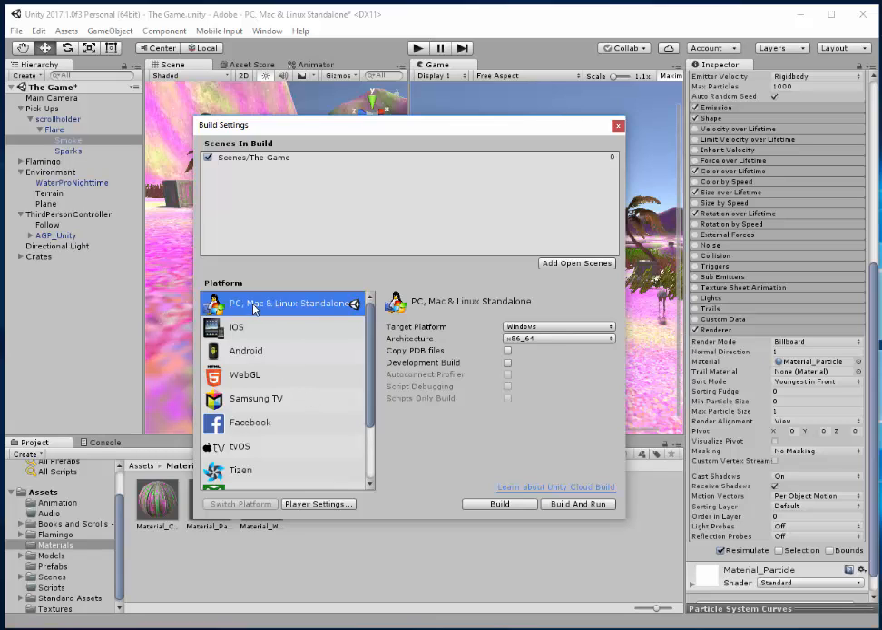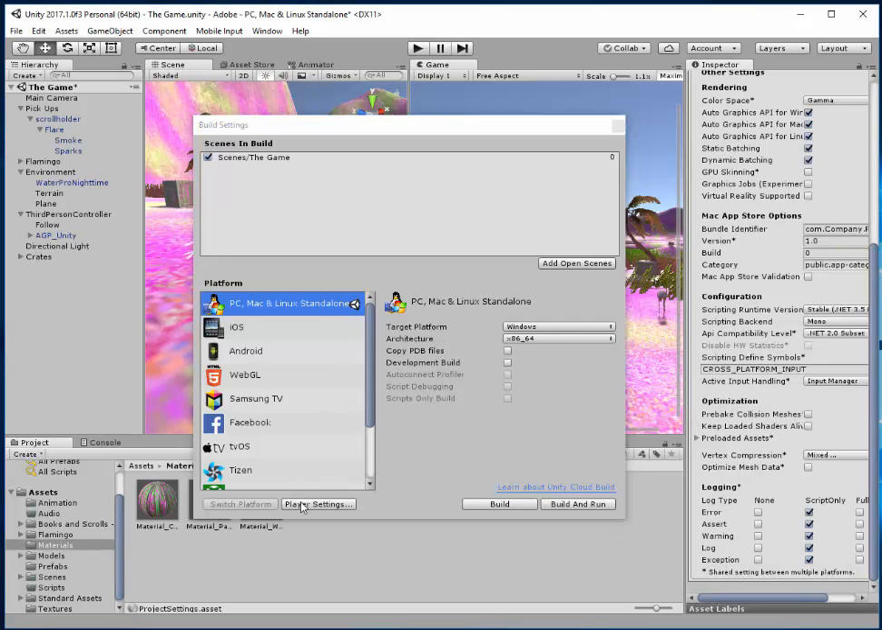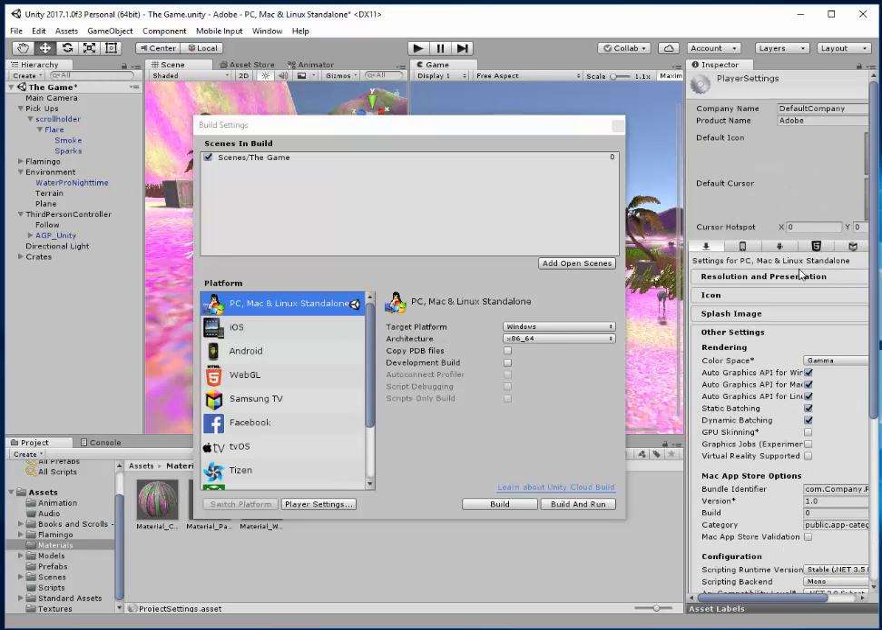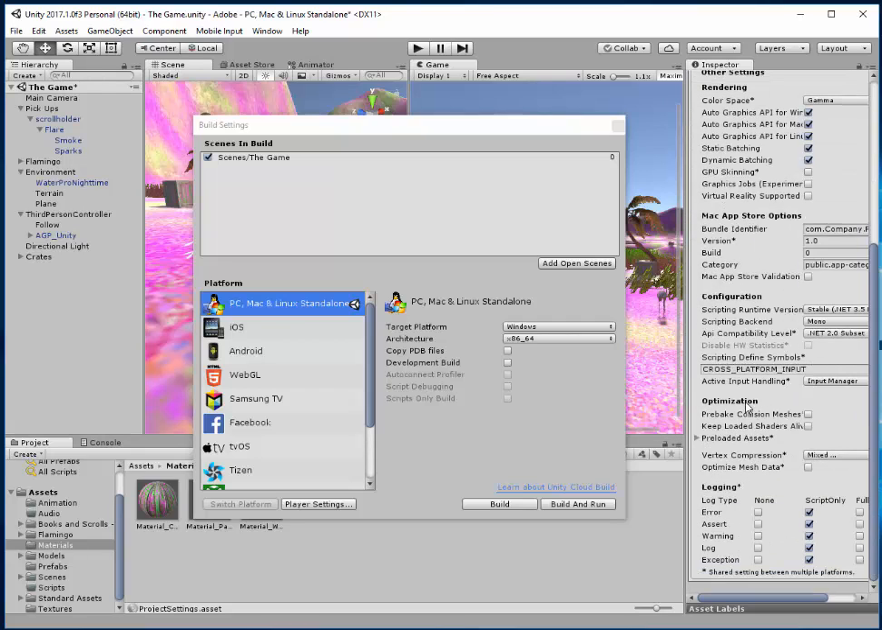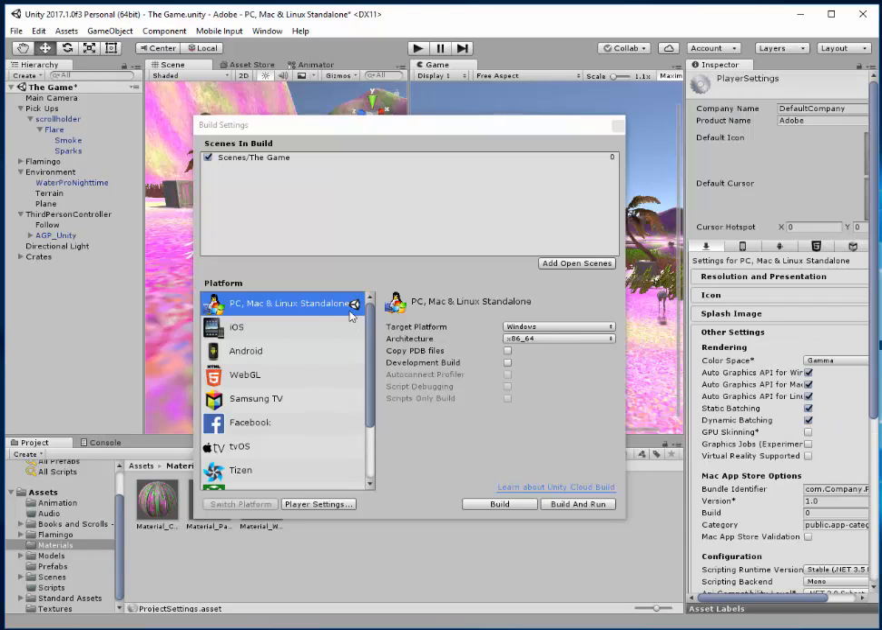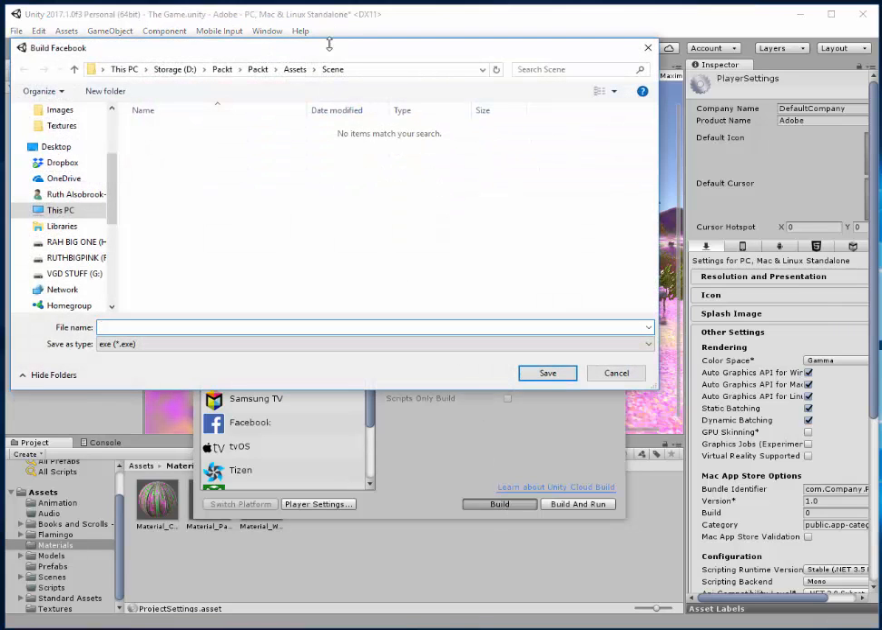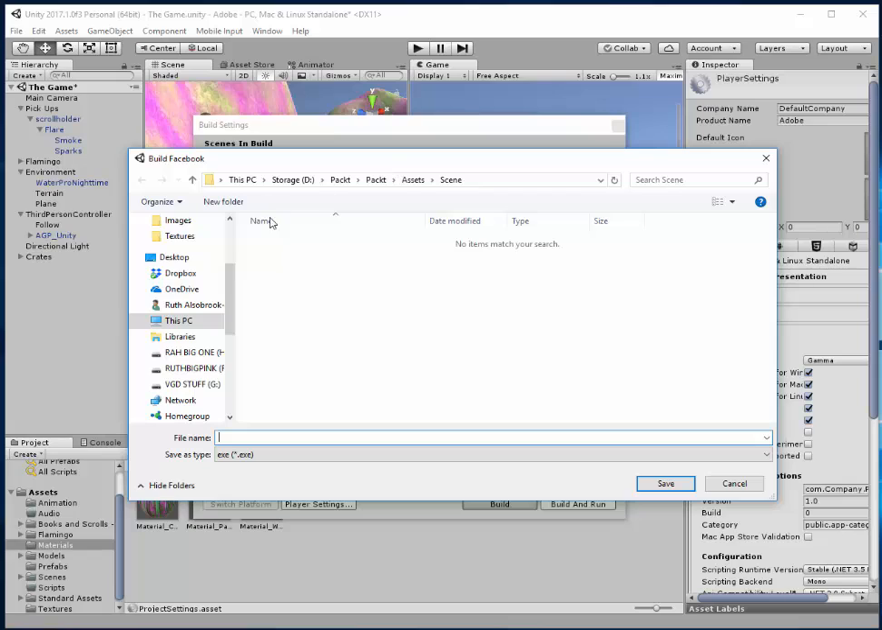Then I choose my standalone. I can even go into the player settings by selecting that, and in the inspector window, you can add an image in here. You can do all kinds of stuff to make your game yours. Once I have that information, I select build, and the first thing that happens, it asks where do you